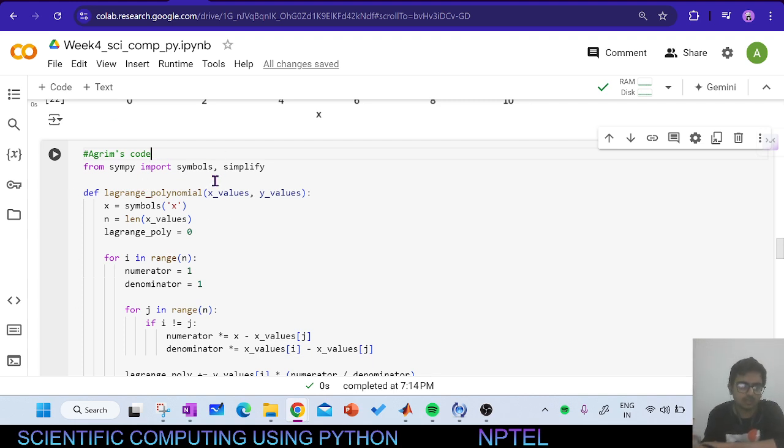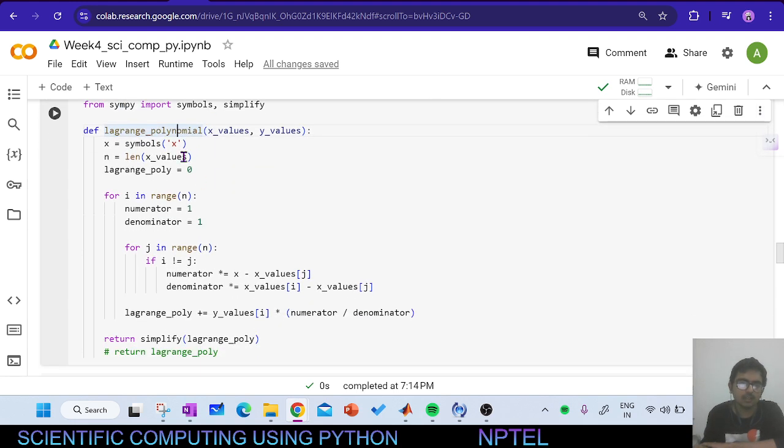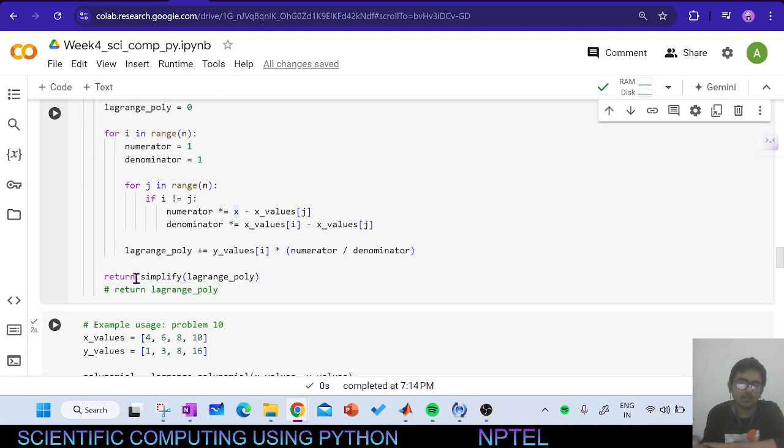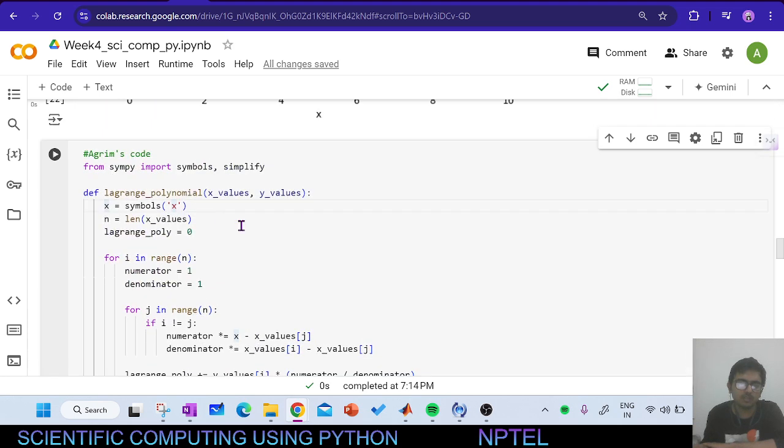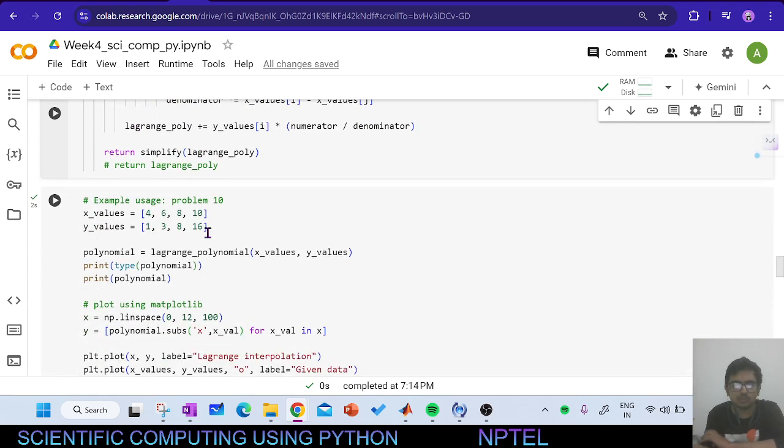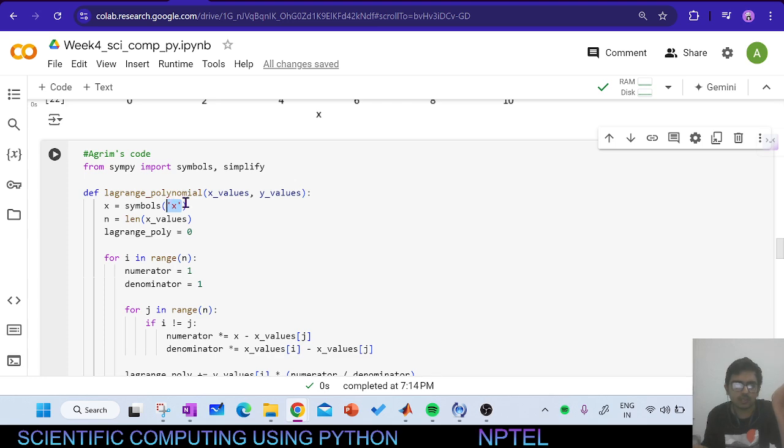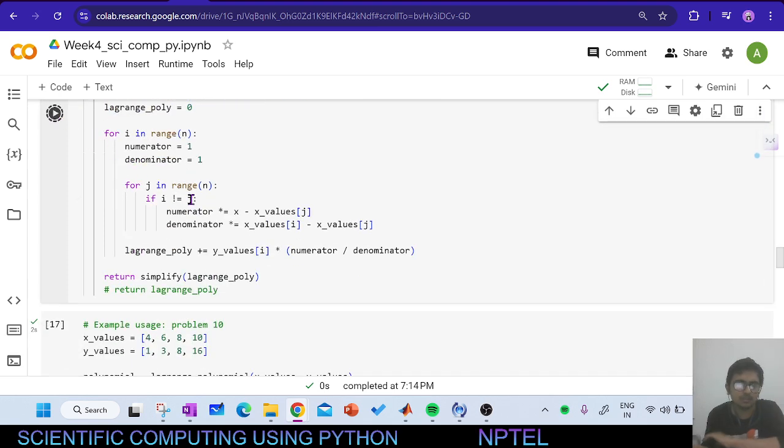And Python also has this called SymPy, and that library can evaluate symbols. Okay. So then you can define a Lagrange polynomial for x values and y values, in which x will be treated as a symbol, and then you get a polynomial which will be a function of this symbol x. But it's not just a symbol because it knows that it can take values, right? So you can substitute the values of x in the symbol x. So let me just run this,